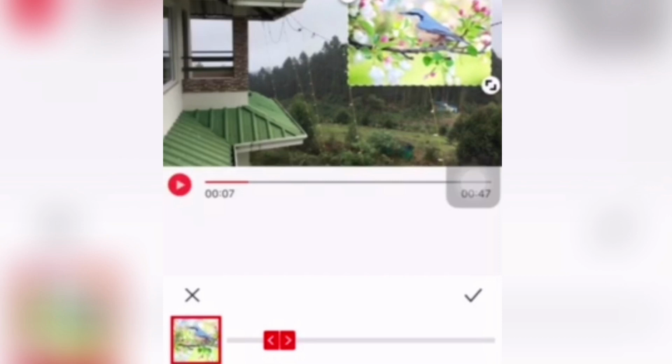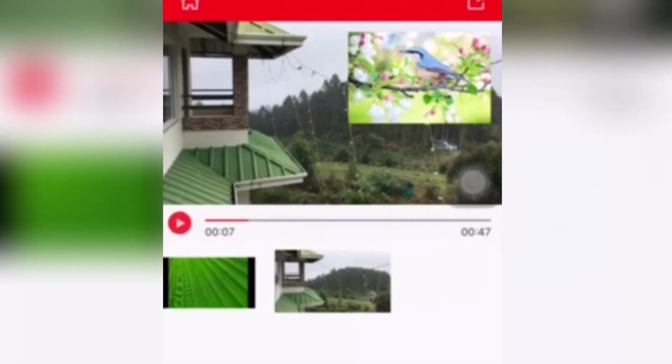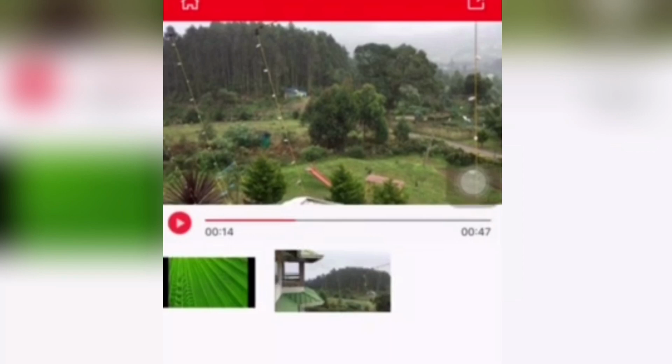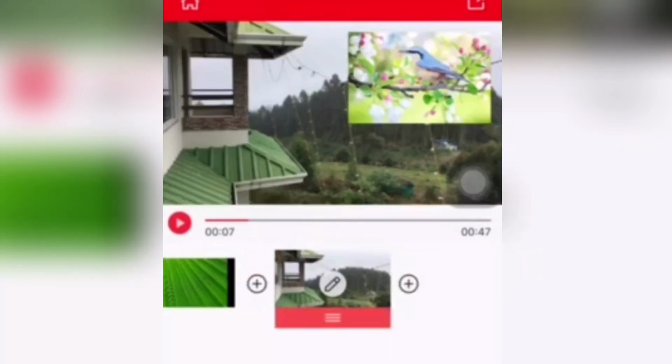So I place it here and again click the tick symbol. Okay. So we have added the pop-up picture here in the video after 7 seconds. Okay. So that's done. Now,